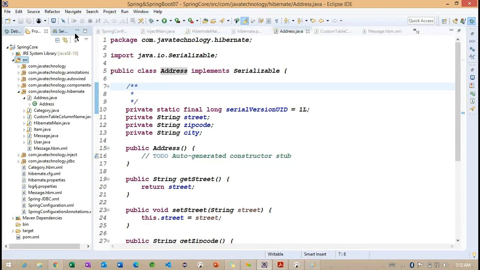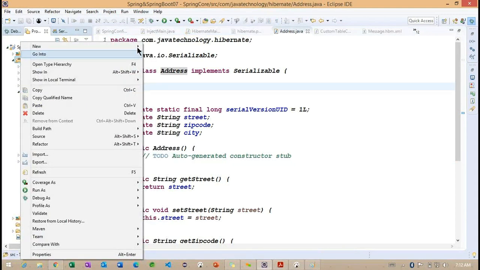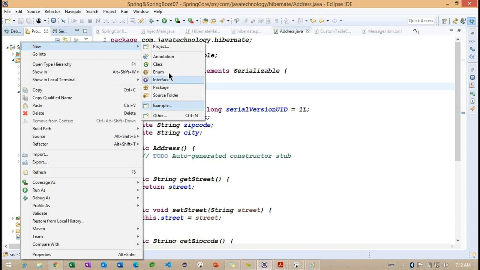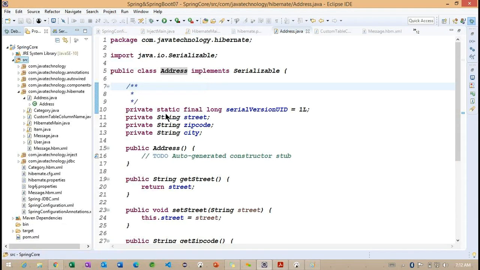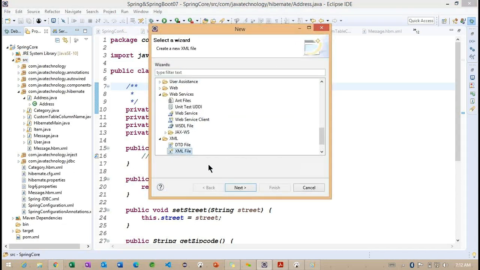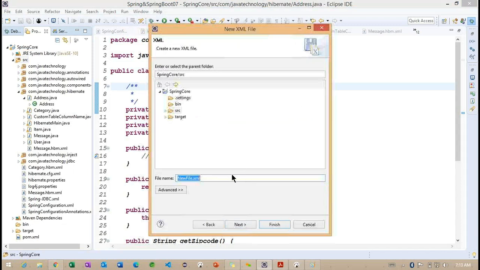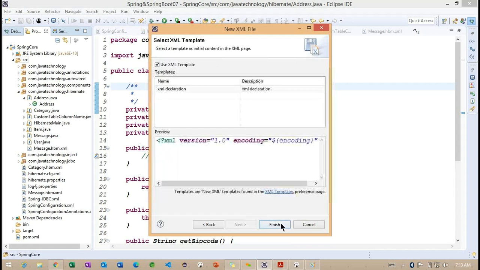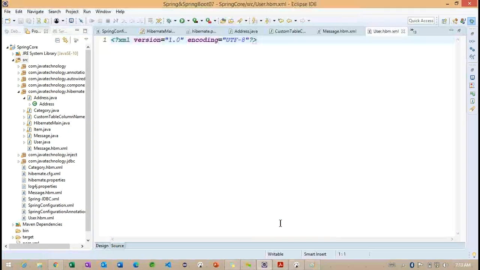Inside the source directory, we are going to work with the mapping file, and I want to create a user.hbm.xml.